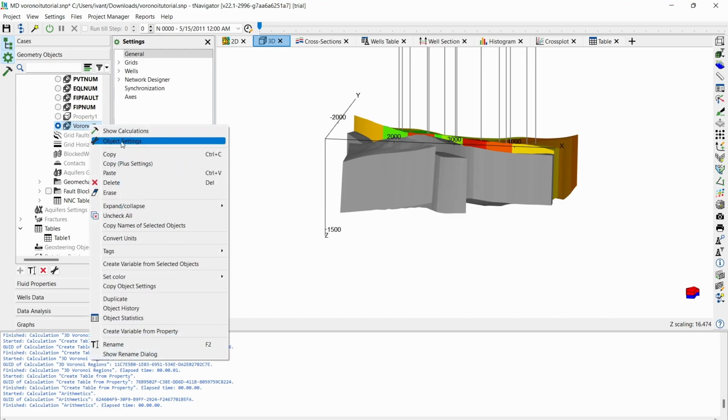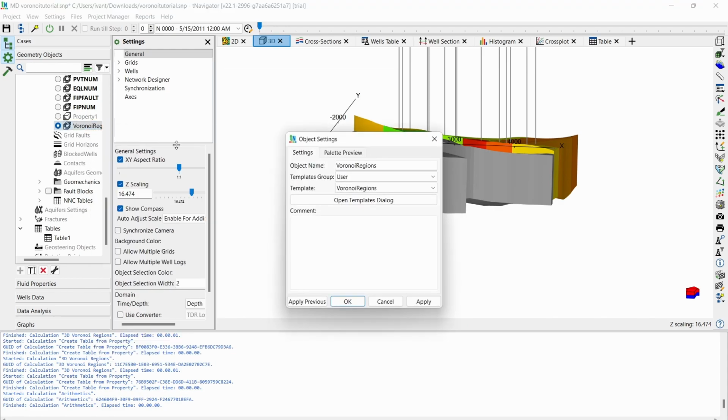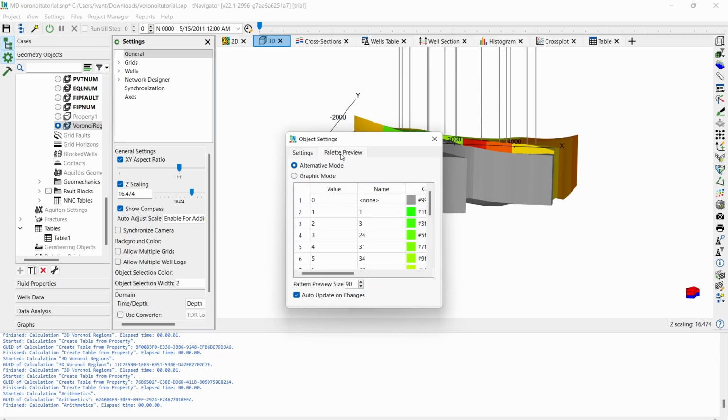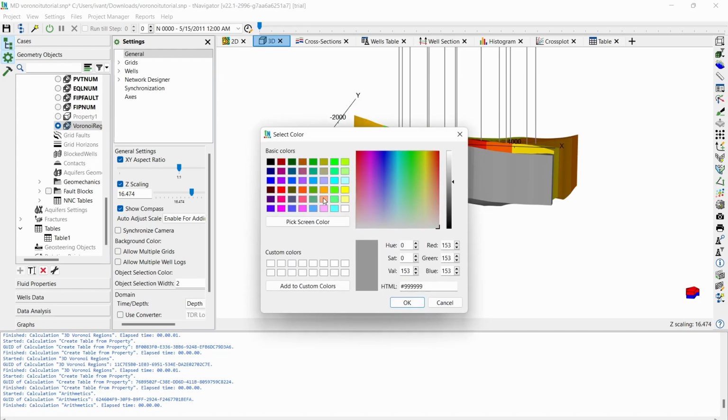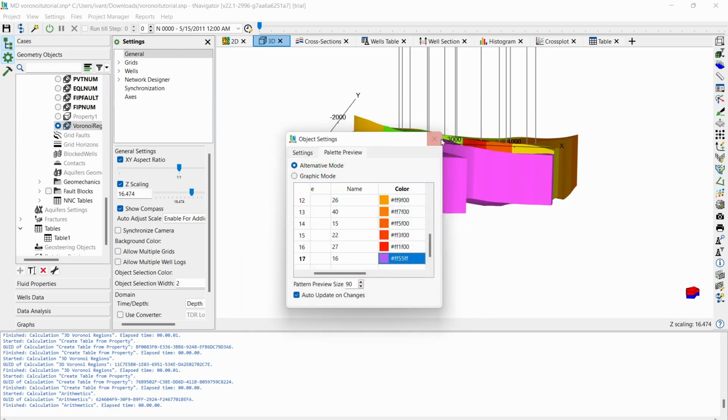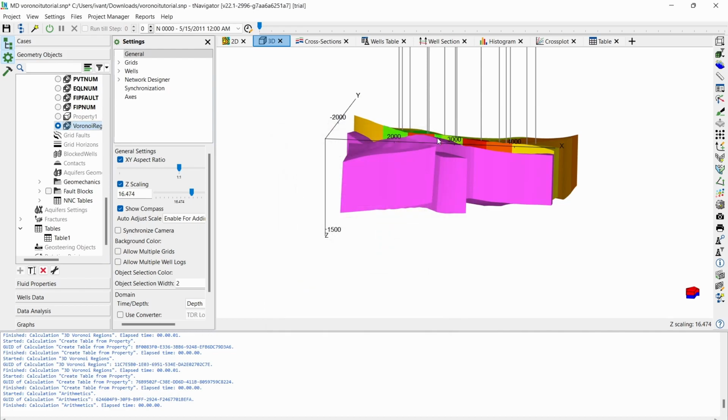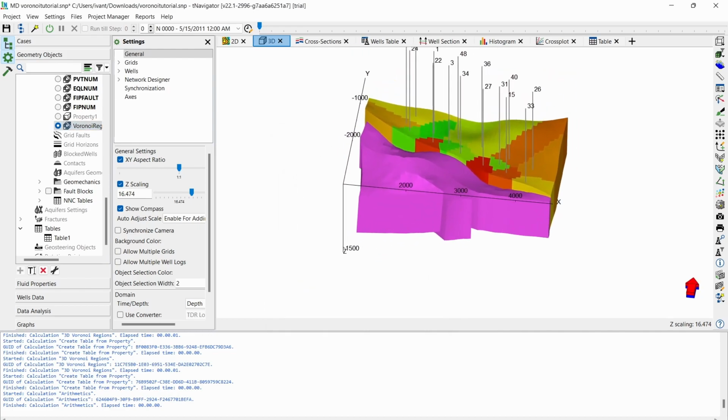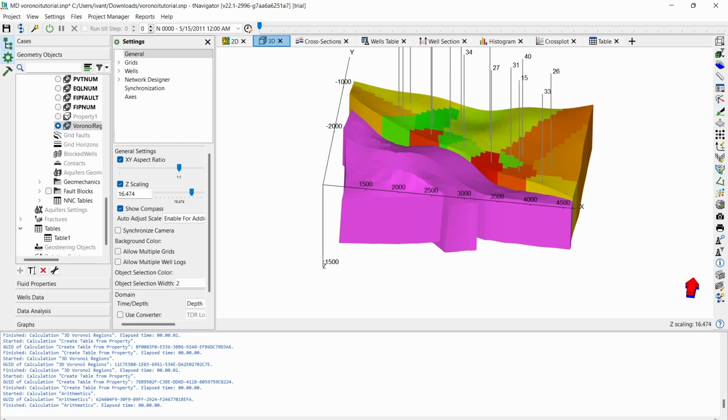But the grid here doesn't have a color yet, and we're going to color it by right clicking on the voronoi regions, object settings, then click on palette review, and we're going to add new palette color. Here we can type 16 and name it 16, and we can choose the color that we desire. Okay, so now we have a new region with the color pink,